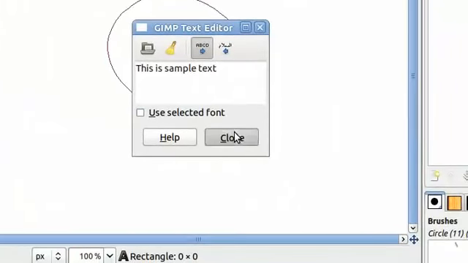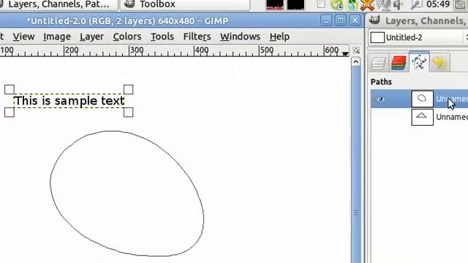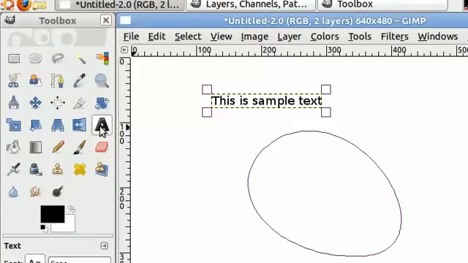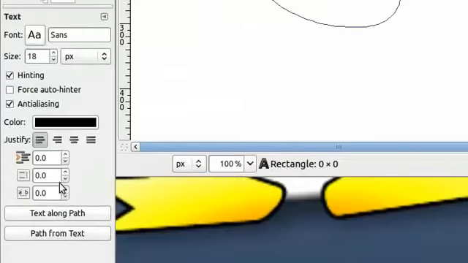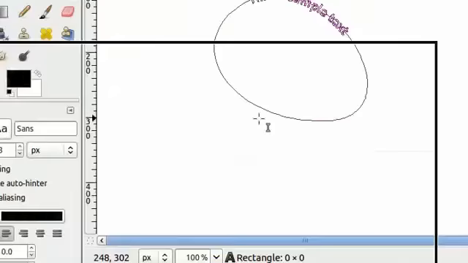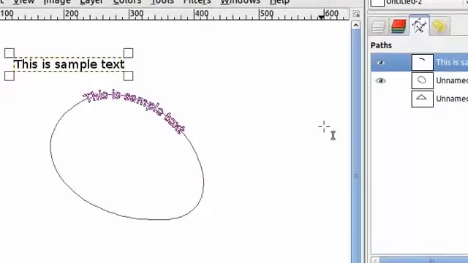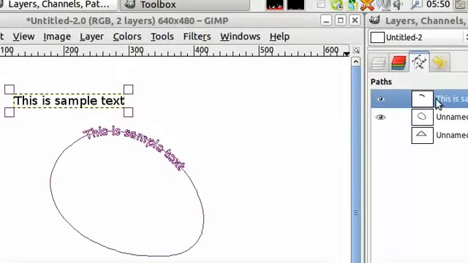Okay, make sure our path is selected, and in the text tool options you'll see text along path. Click that, and now you can see there's a new path and that it runs along the elliptical path. I can hide the elliptical path,